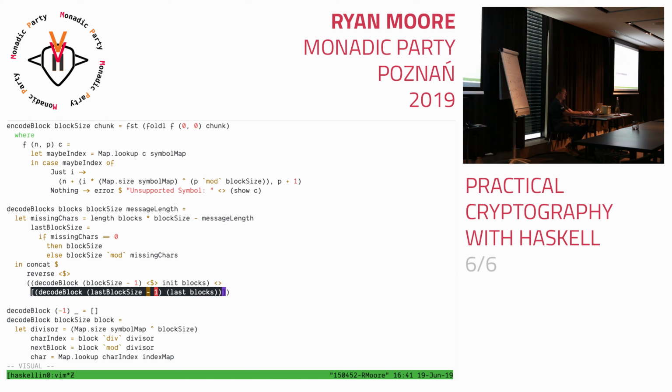We just right now wrap that up in its own list and then concatenate that to the result of this one. And this is recursive in that decode block itself